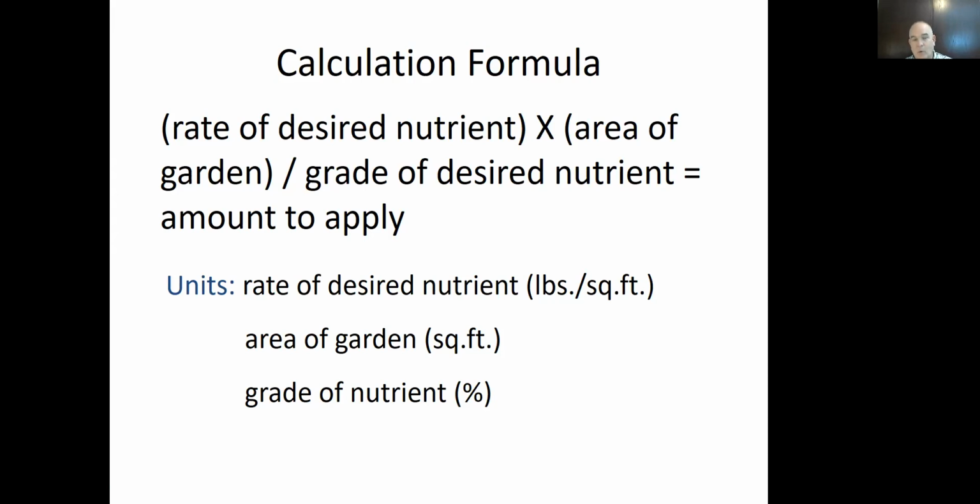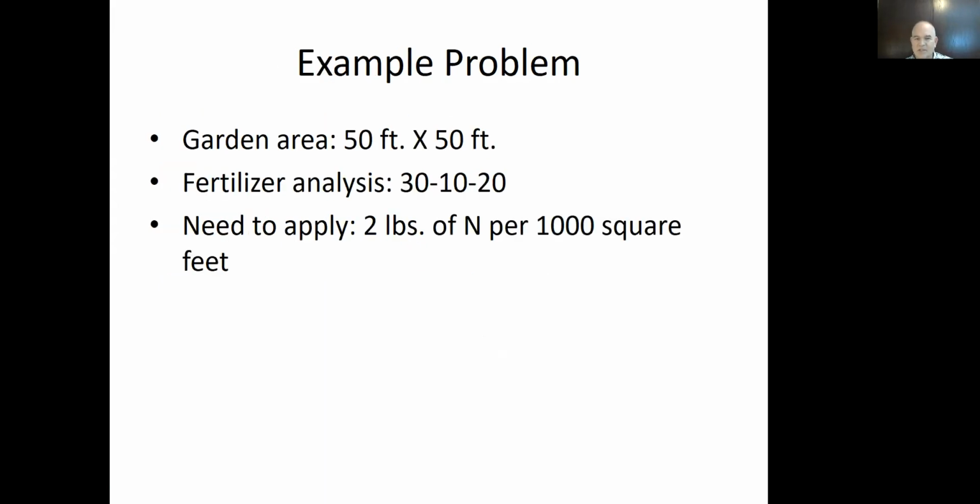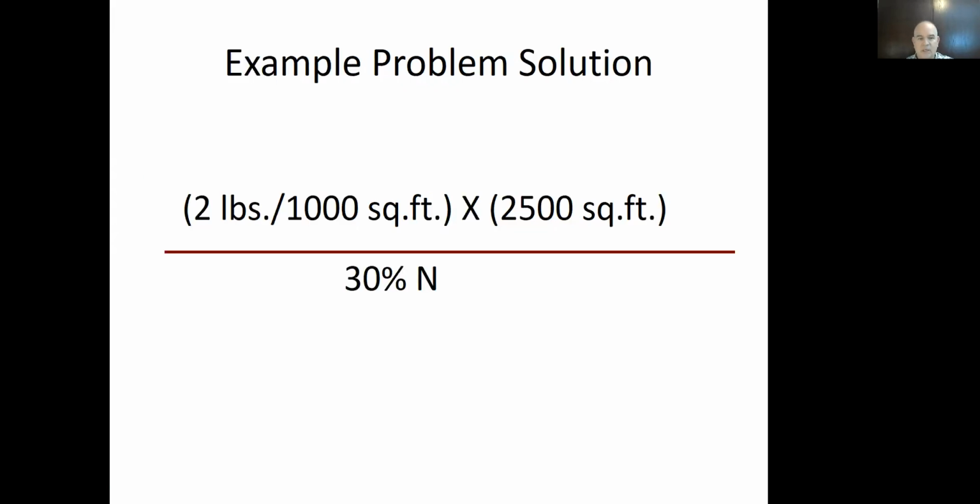As equally or more important is being able to determine the rate. The way I do that is I take the rate of the desired nutrient times the area of my garden, let's say, and I divide that by the grade of the nutrient. So for example, let's say my garden is 50 by 50. I've got a 30-10-20 fertilizer analysis. I want to put on 2 pounds of nitrogen per 1,000 square feet. So how do I do the math there? Well, I take my 2 pounds of nitrogen per 1,000 square feet,